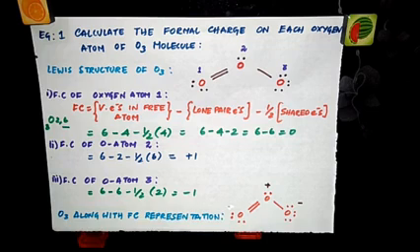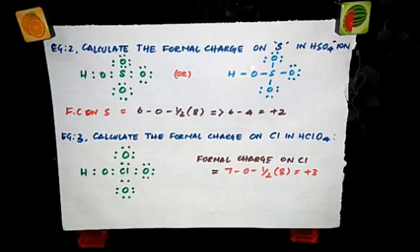Here in the question, it is said calculate the formal charge on each oxygen atom. So we calculated for all the 3 atoms. So they will specify to calculate which atom's formal charge. So you can do only for that particular atom. Now let's see 2 more examples.